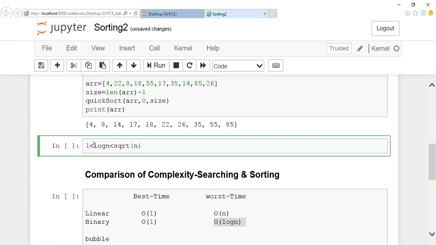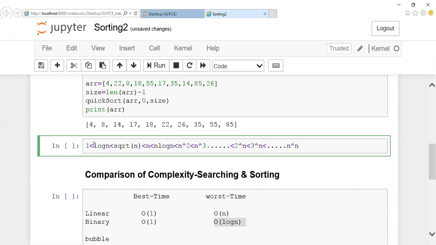Okay. 1 is the minimum complexity. And after this n iteration. And after this n log n iteration. And after this n power 2. And after this n power 3. It goes on like this. Okay. And 2 power n, 3 power n. It goes on like this till the exponent n power n. So the minimum number of iterations will be taken as the best case, guys.